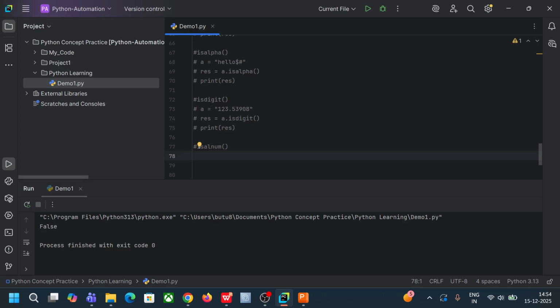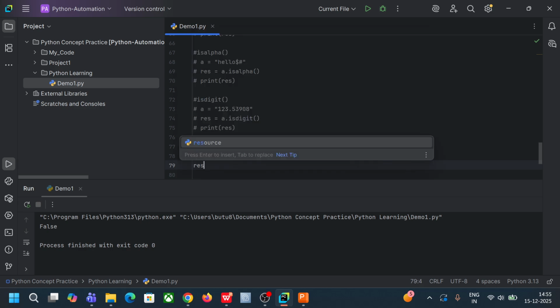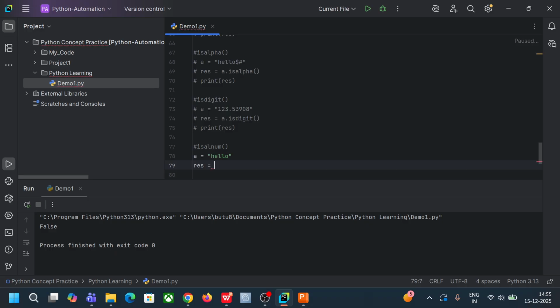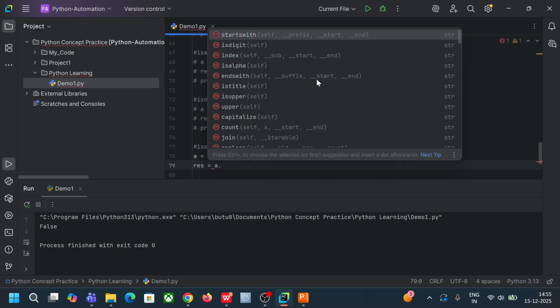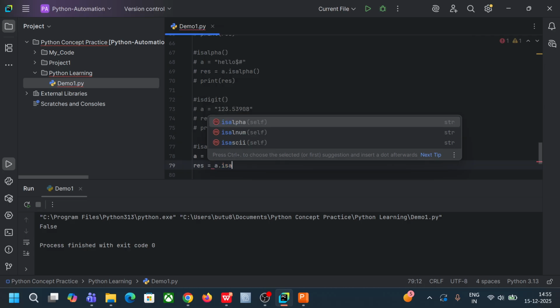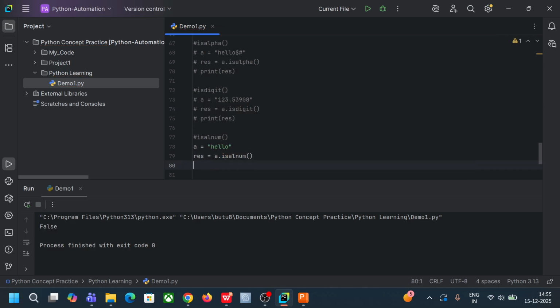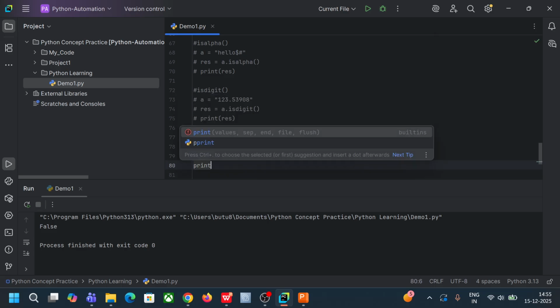What it is alnum is to check whether the string is alphanumeric or not. Suppose I am taking one variable a is equal to hello, and I am printing result equals a dot isalnum. Now I am printing